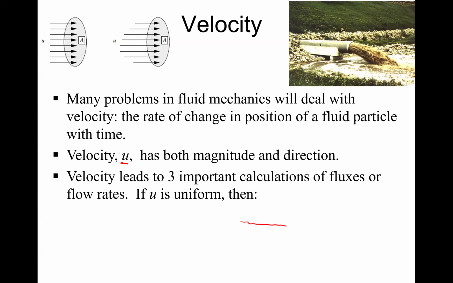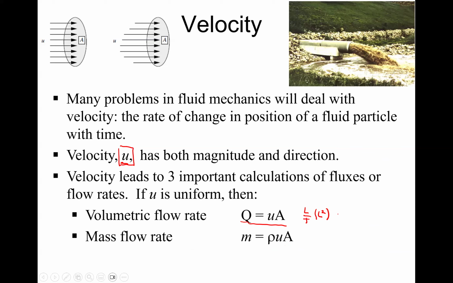We're going to be using the letter U to define velocity, and it leads to three important calculations. One is the volumetric flow rate, Q equals U times A, where U has units of length over time,